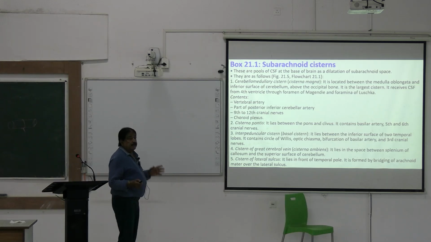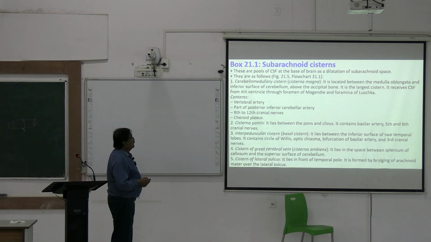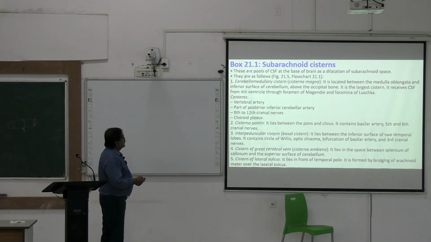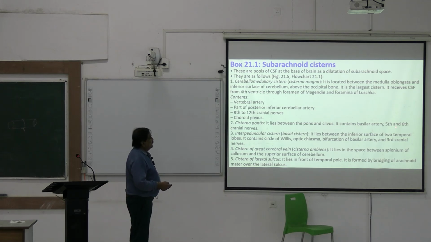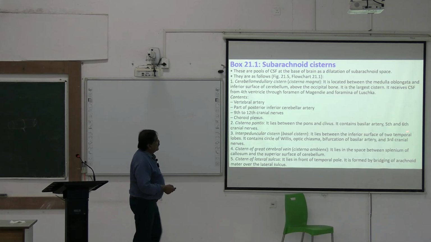Don't take it lightly because these have meaning. Now, contents: subarachnoid cisterns, vertebral artery, part of the posterior inferior cerebellar artery, 9th to 10th cranial nerves, choroid plexus. Cisterna pontis lies between the pons and the clivus. It contains the basilar artery, 5th and